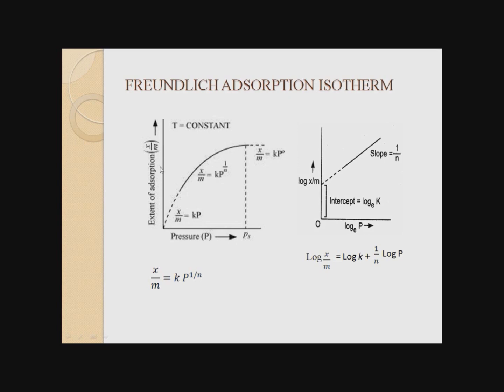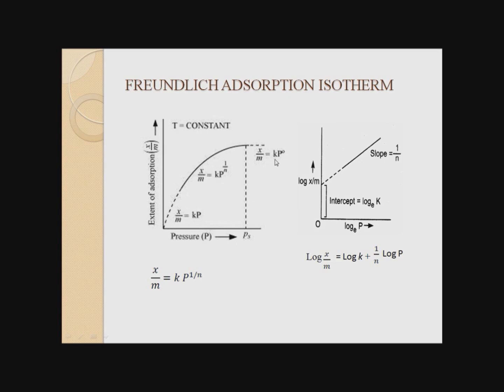A graph between the amount of gas adsorbed per gram of the adsorbent and the equilibrium pressure of the adsorbate at constant temperature is called adsorption isotherm. The first graph represents the variation of x by m with increase in pressure at constant temperature. At a value Ps of equilibrium pressure, x by m reaches its maximum value and then it remains constant